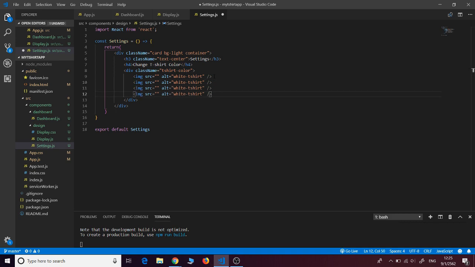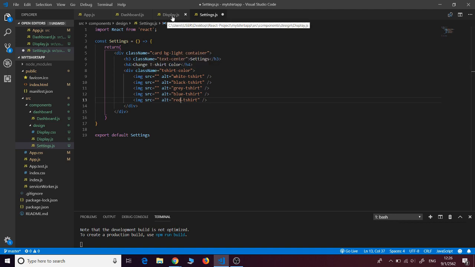Okay, one more. Okay, so let's go ahead and change this to black, and this one to gray. This will be blue, and of course this will be red. So there are 5 different colors for our t-shirt. So let's go to display,